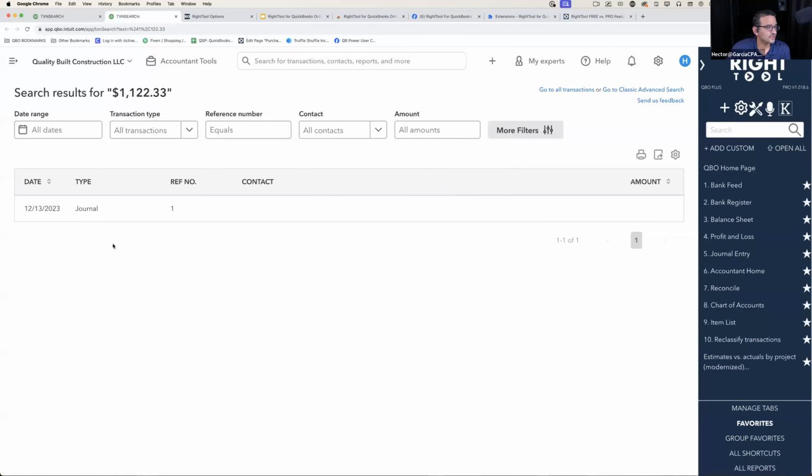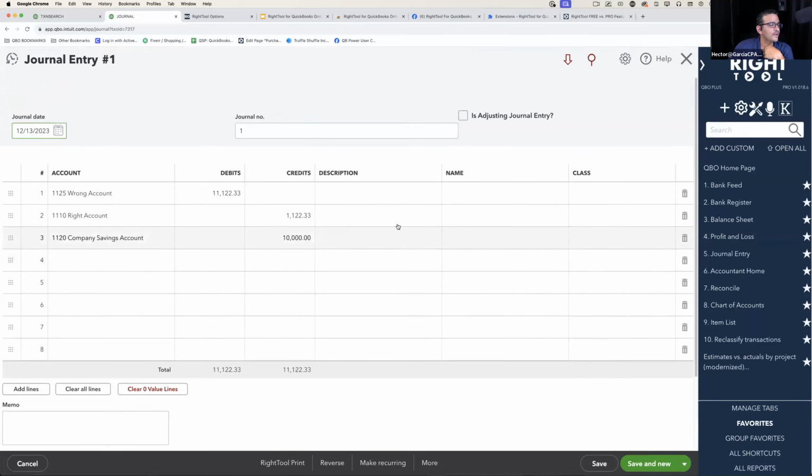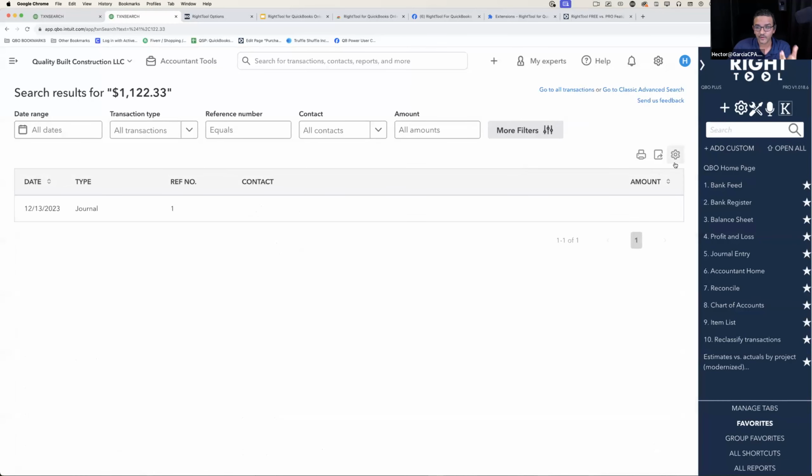So long story short, the trick is we figured out a hack, which is we do a text search across the board, and then it can find individual transactions. So now when I click in here, it will find the journal entry for me. Okay. So essentially, the hack that we did, again, taking it back for a second,